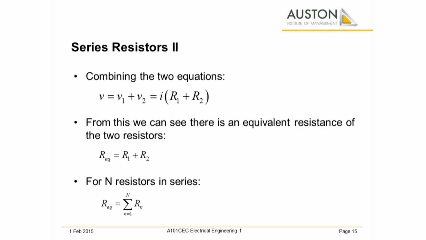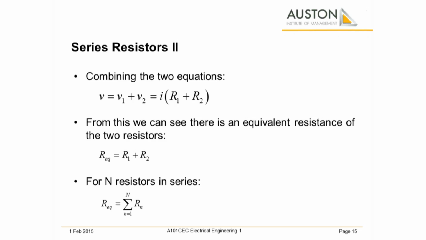Now, since V is equal to V1 plus V2, and knowing that V is equal to IR, and the currents passing through the two resistors are equal, we can say that R1 plus R2 is the total resistance in that circuit. Thus, the total resistance in a series circuit is the summation of the individual resistances